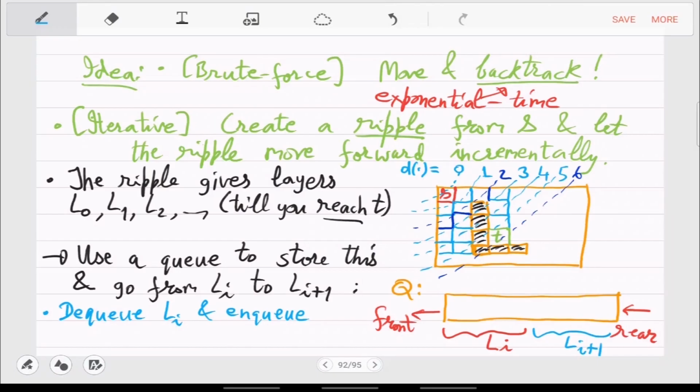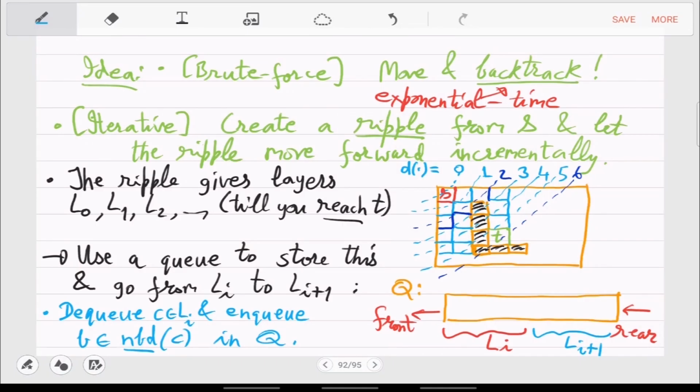So I should say you will get some element, let's say cell C in Li. So dequeue cell C from Li, and then enqueue the neighborhood of C in Q. Okay, so C is, for example, your cell at distance 1.